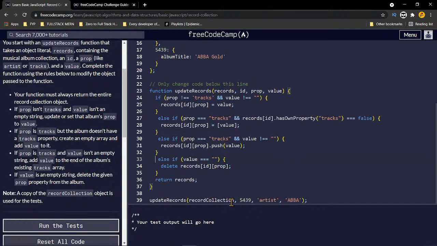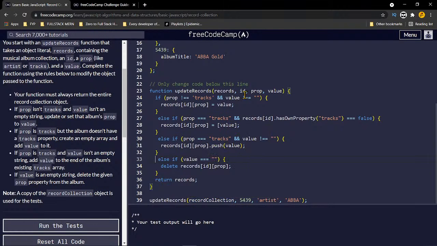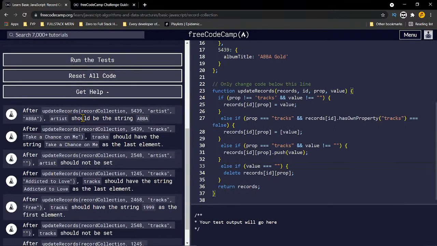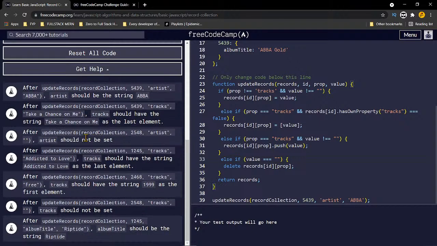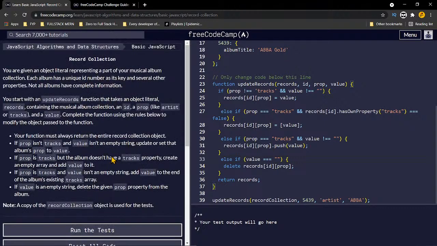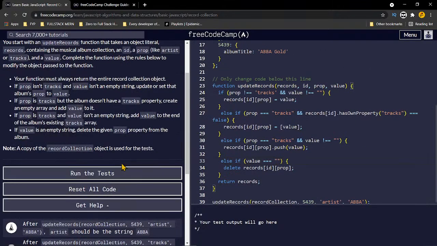So if you pass in the record collection in here and all the things, so if you pass it, the artist should be the string ABBA. Okay. So if you pass the record collection 5439, tracks, Take a Chance on Me, artist should not be set. So this is the record collection, so you know how all these things work. So if you run the test,